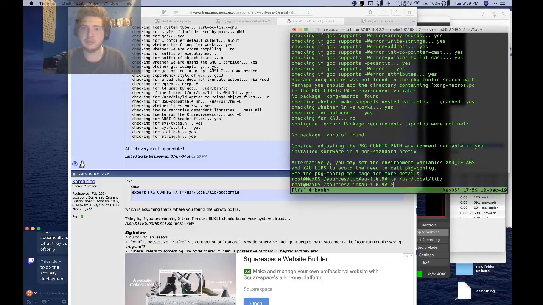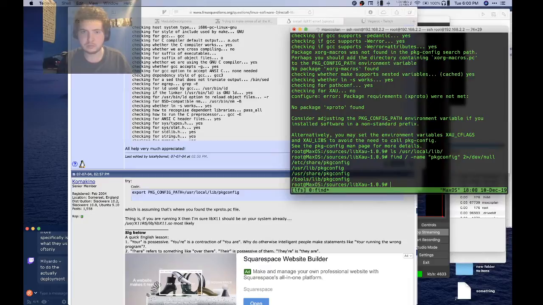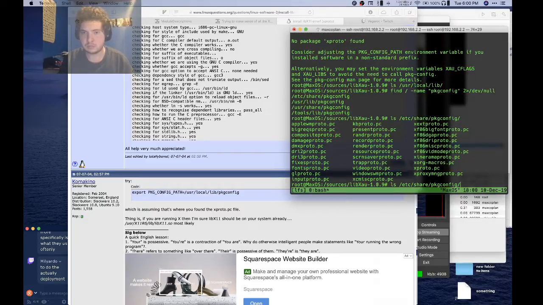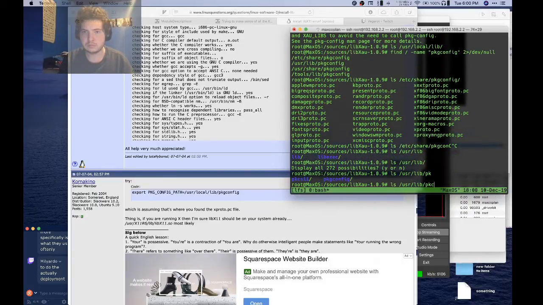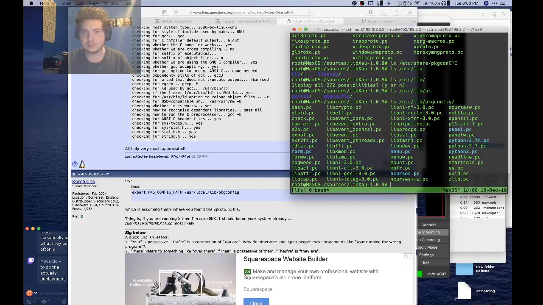Where did the pkg-config stuff even get put? Oh, here it is.